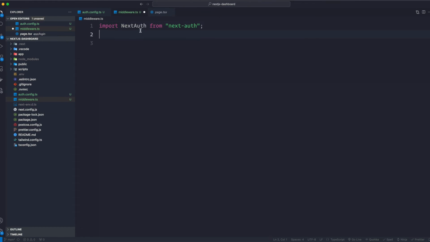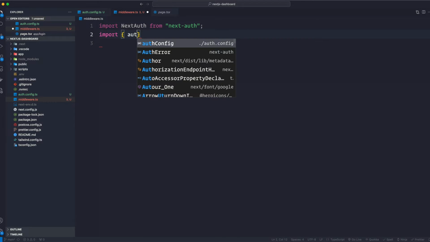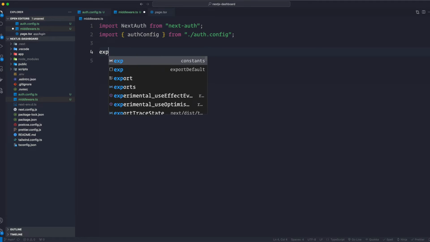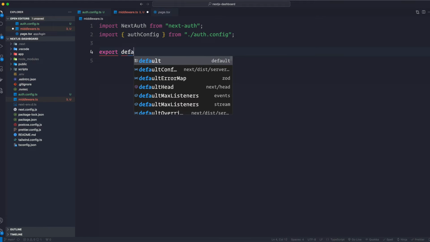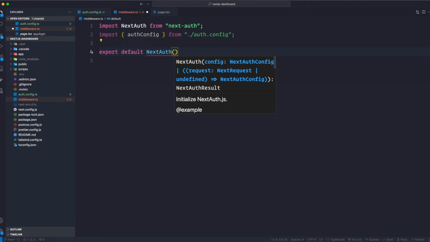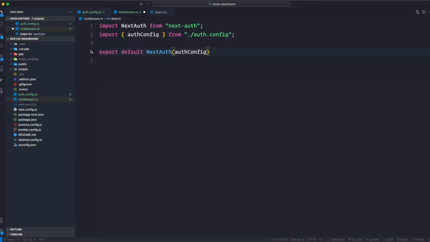And here we are going to import NextAuth from the NextAuth package. Then we have to import the auth config that we just created, like here in the auth config. All right, so here we are going to export default function, and that's just going to be a NextAuth function with the auth config that we just created, and we're just going to get auth out of there, and we are also going to export const config from here,